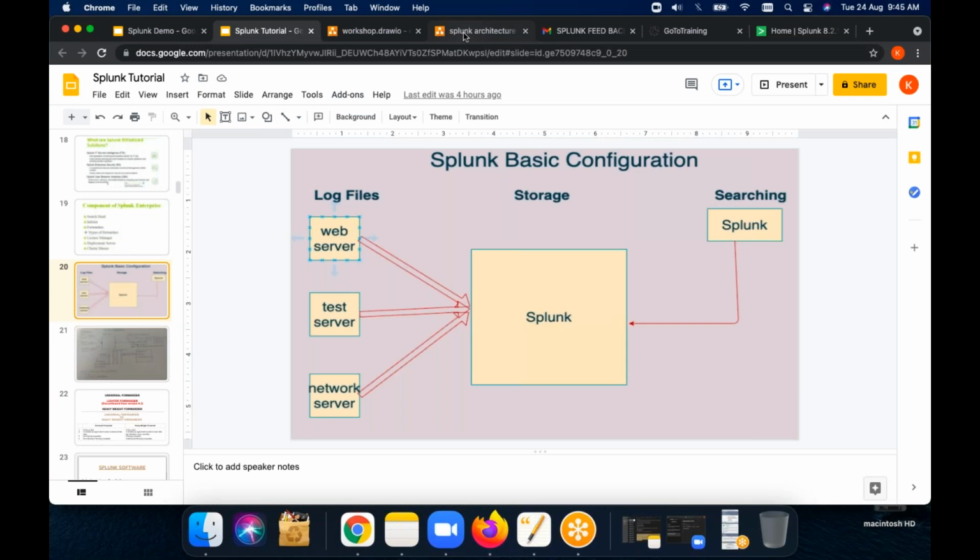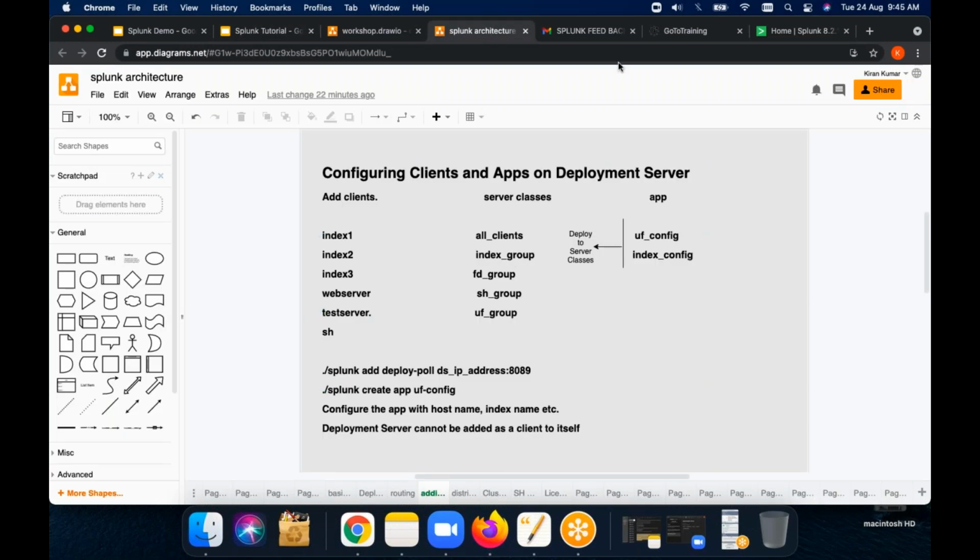We can also do it from the command line interface, from the terminal, and again using configuration files. I will be specifying all these three things for you.